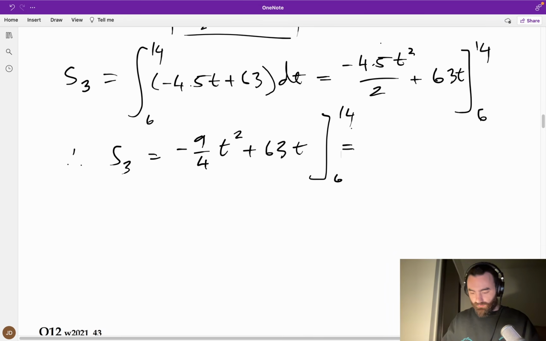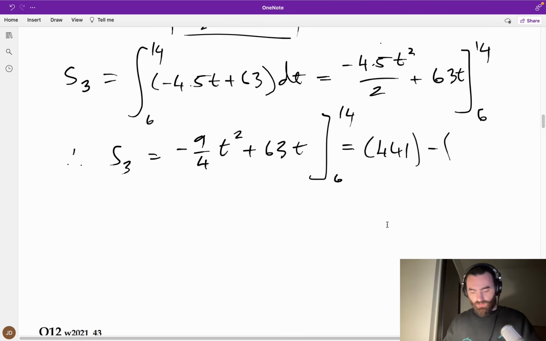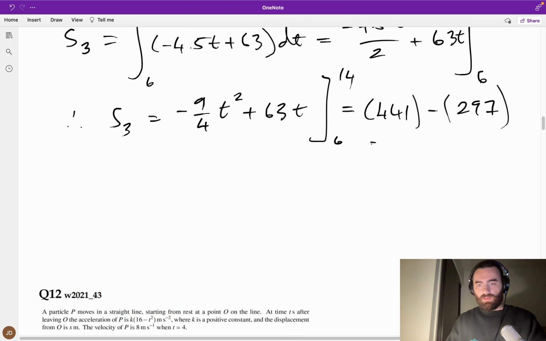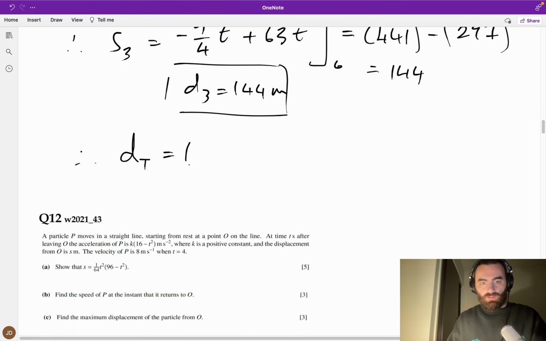Plus 63 times 14 is 441, minus, when it's 6, you get minus 9 over 4 times 6 squared plus 63 times 6. So minus 297. So that equals 441 minus 297, it's 144. So D3 equals 144 meters, and therefore the total distance will equal 36 plus 36 plus 144, which equals